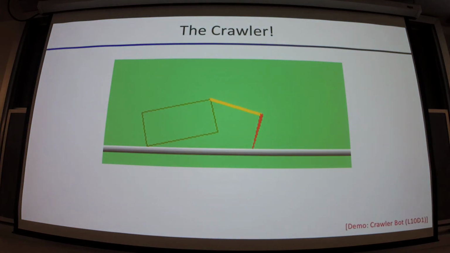Let's look at this crawling robot. So this is a simulation of a very simplified system in which we have this robot. This robot has two joints. It has a rotational joint here and a rotational joint here. There's some physics simulation, which basically says you can't pass through this, that's the ground. The idea is that this thing wants to learn to move. And so what you have is the ability to rotate those arms, the first with respect to the box and the second with respect to the first joint, right?